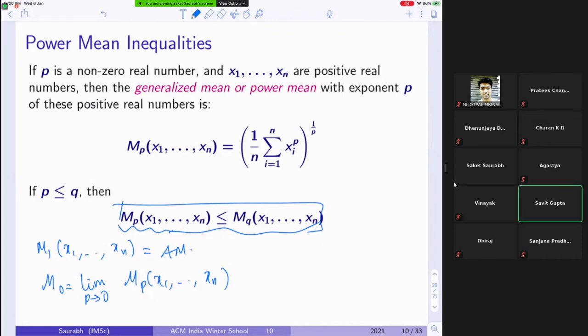If any of the xi's is zero, then what? Achha, they're all positive. My bad. Yes, they are all positive real numbers. It requires a bit of hard work, but if you do a little bit of hard work, this converges to the geometric mean, which is like x1 plus x2 plus xn. This is what you will get.